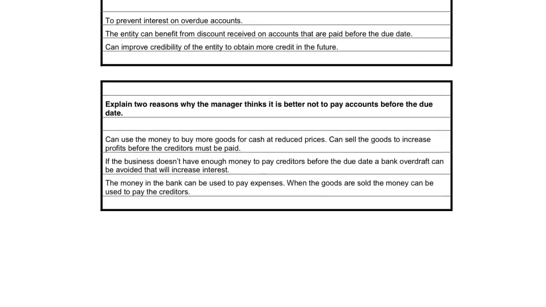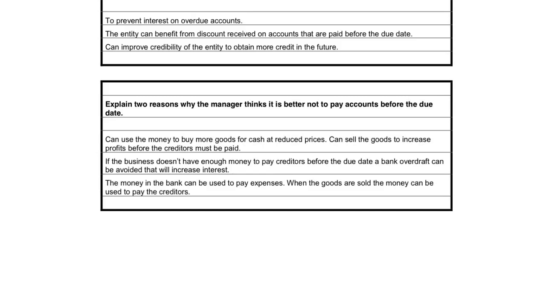Explain 2 reasons why the manager thinks it's better not to pay accounts before the due date. The first one, he feels that he can use the money to buy more goods for cash at reduced prices from someone else. Then he can sell these goods to increase his profits before he has to pay the creditors. So if he has 60 days to pay, he doesn't want to pay before the time. He wants to use this money in these 60 days to buy and sell so that he can make bigger